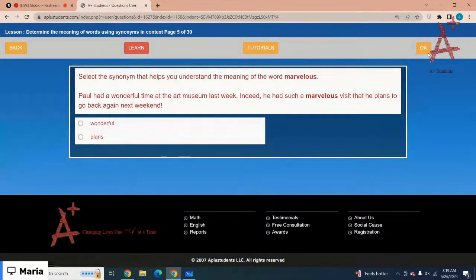Select the synonym that helps you understand the meaning of the word marvelous. Paul has had a wonderful time at the art museum last week. He had such a marvelous visit that he plans to go back again next weekend. So, which is a synonym of the word marvelous? Wonderful or... So, the word marvelous means